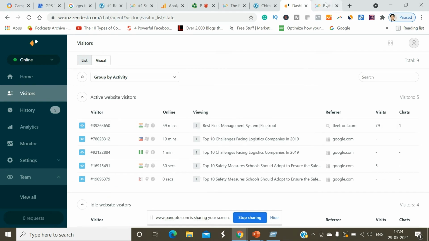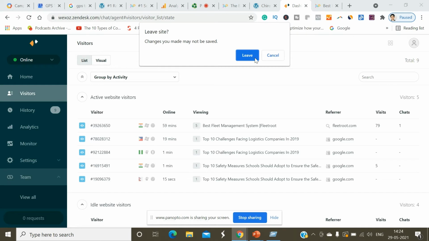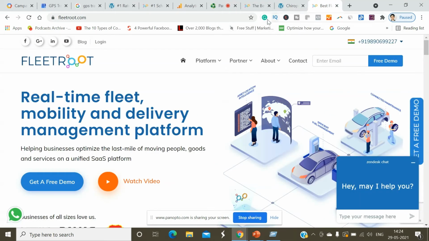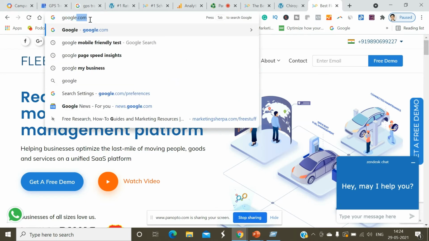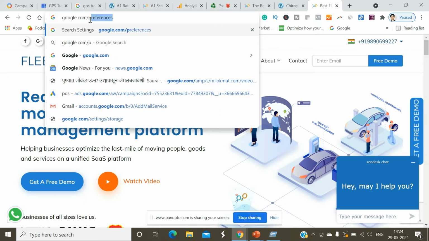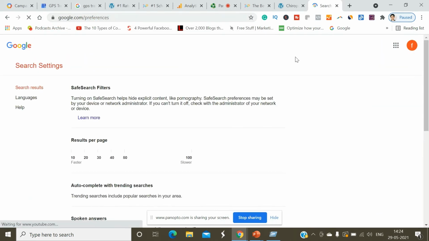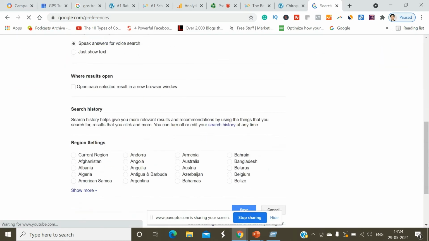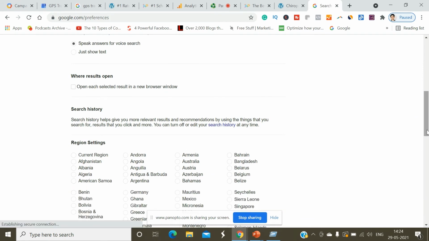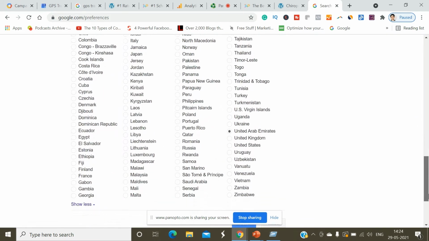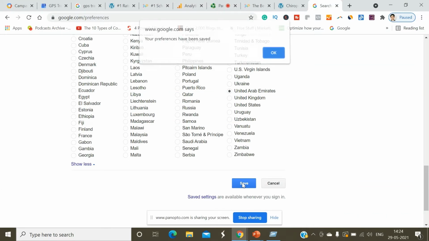Okay, so I'll go here. I'll go to the Google My Business dashboard. I'll go to google.com/preferences. United Arab Emirates.